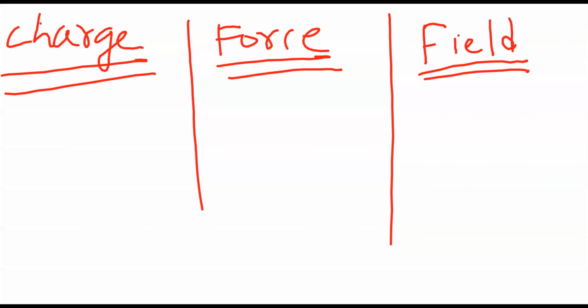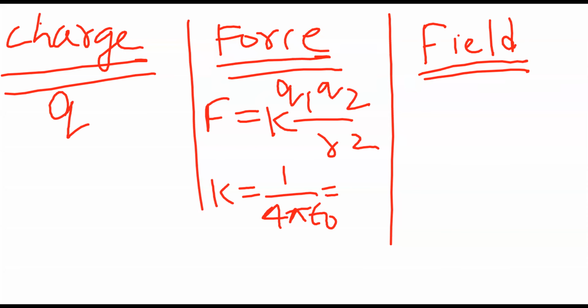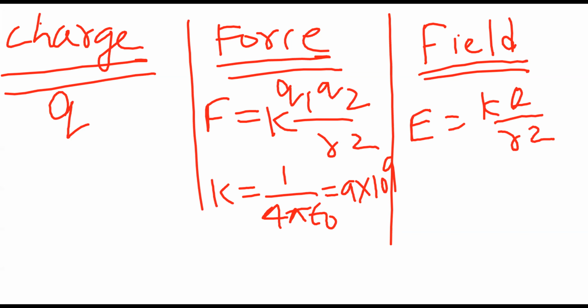Okay, good. So you understood what is charge Q, what is the electrostatic force F. Between two charges, F is Q1 Q2 by R square, and depends on a constant K. So what is this K? 1 by 4 pi epsilon naught. The value is 9 into 10 to the power 9 in SI unit. Then after that we understood electric field, that is KQ by R square. Yes or no? Just a little revision I'm doing.